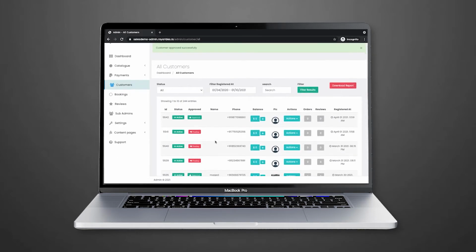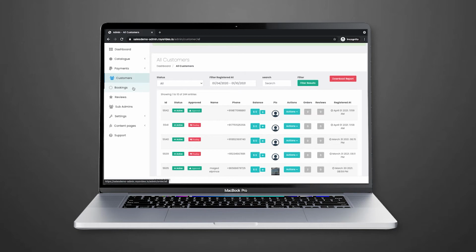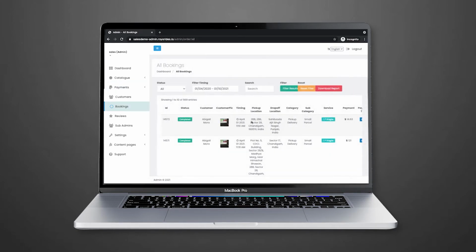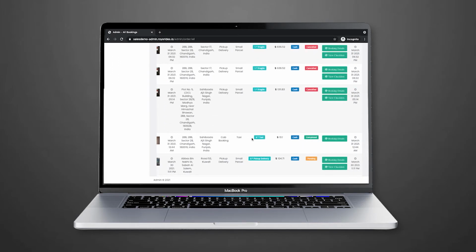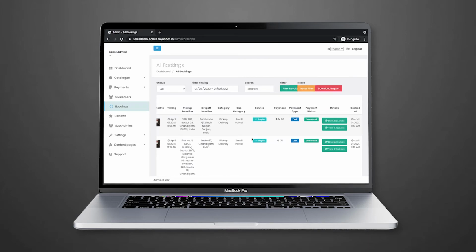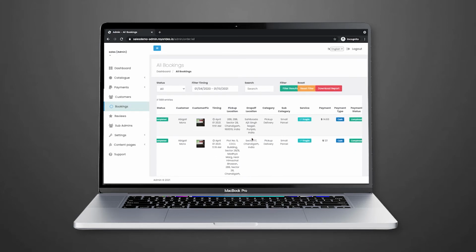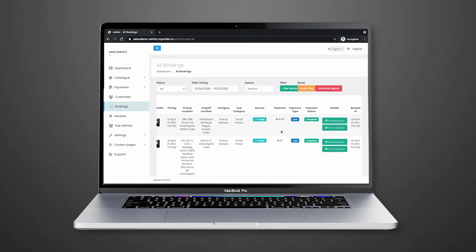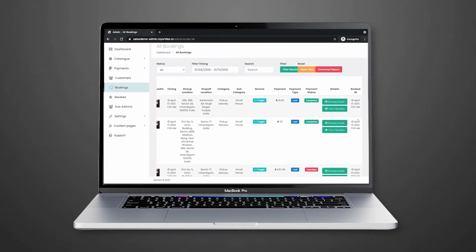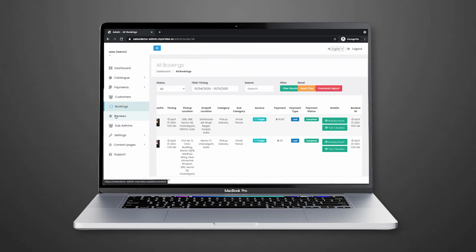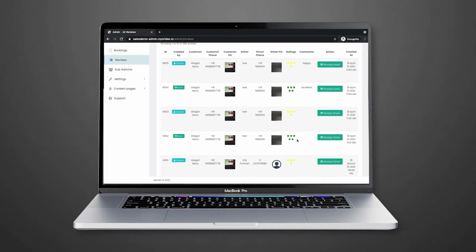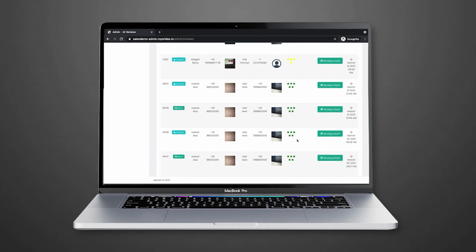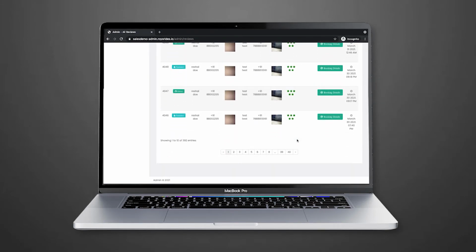After that, let's move to the booking section. Here you will find all the bookings that have been made on your platform, including all the details like drop-off location and timing, what the reason is, what the subcategory is, everything you'll find here. If you want to manage the reviews, in the reviews tab you'll find all the reviews that were given by some users,